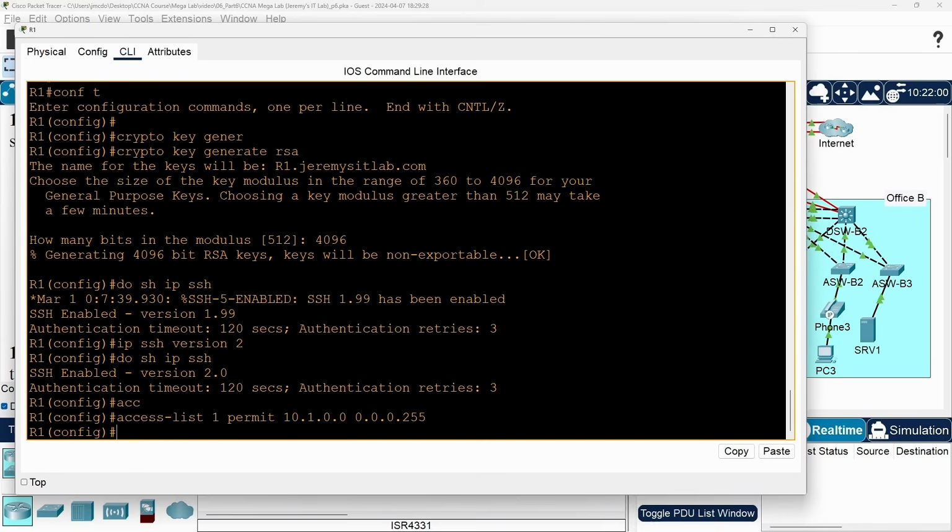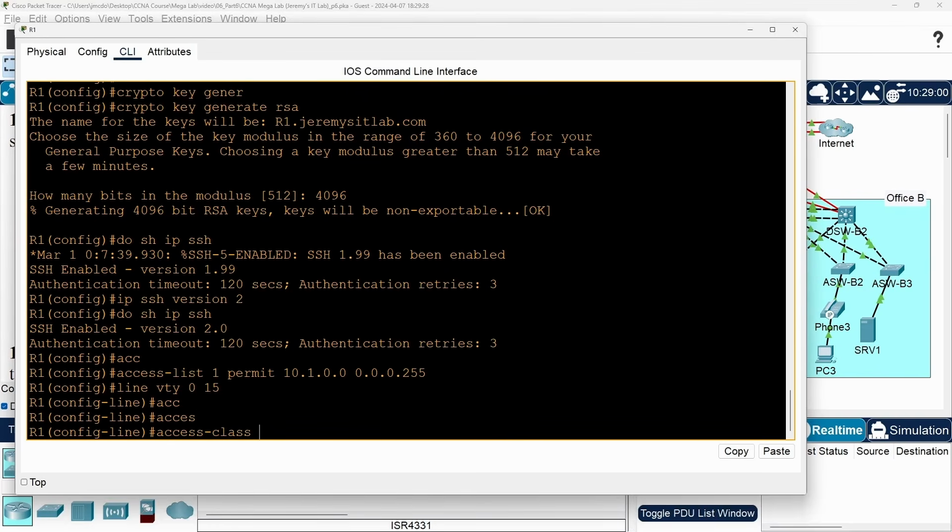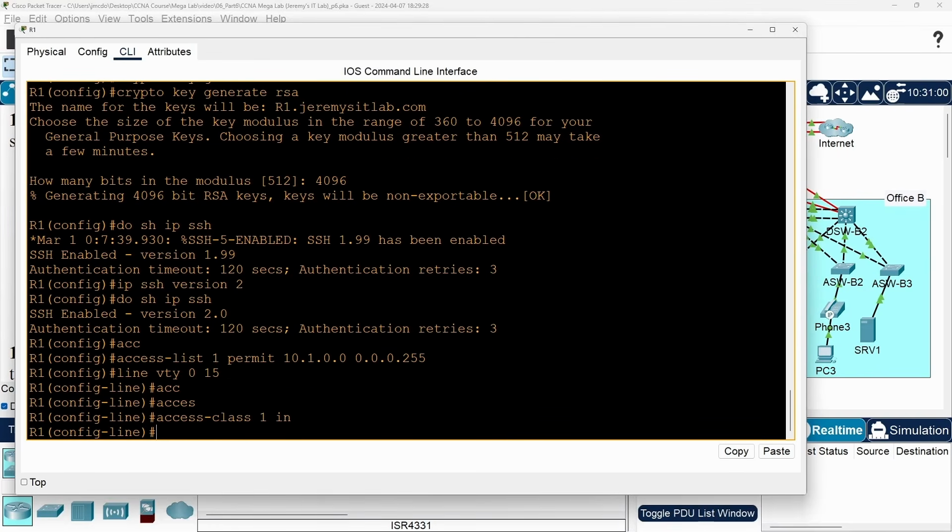Now let's configure the VTY lines with line vty 0 15. First, I'll apply that ACL. To apply an ACL to an interface, the command is ip access-group, but for the VTY lines, it's access-class, then the ACL name or number, 1 in this case, and in.